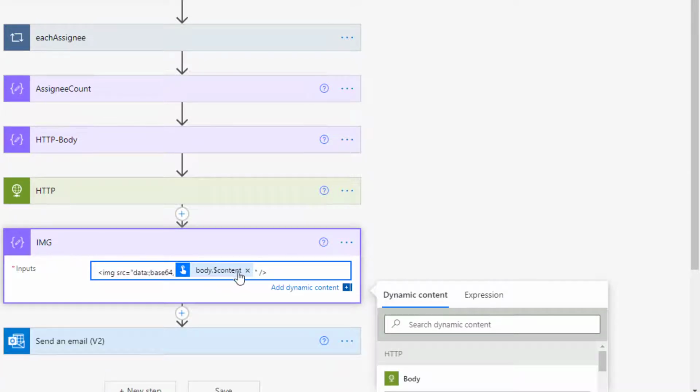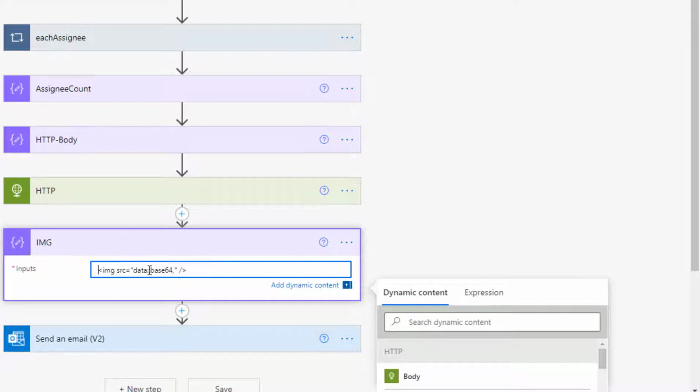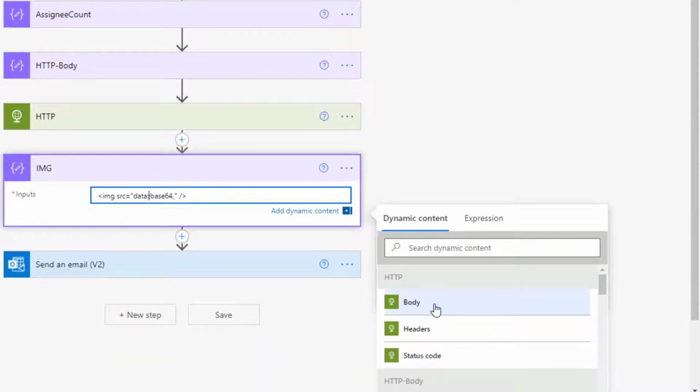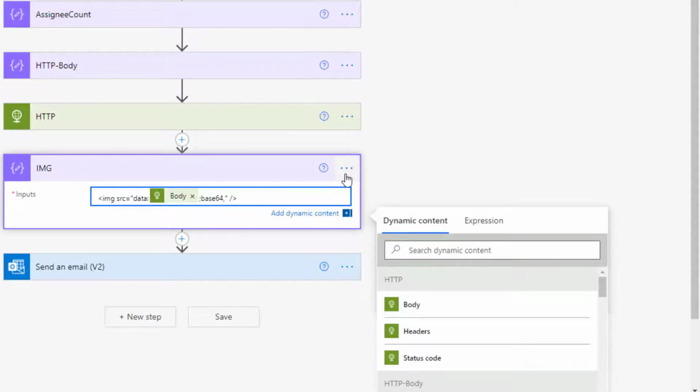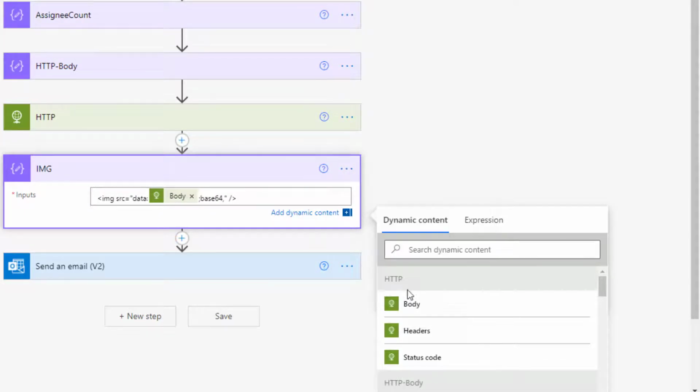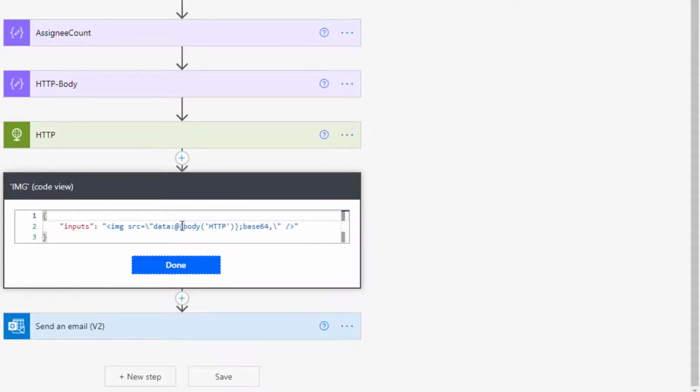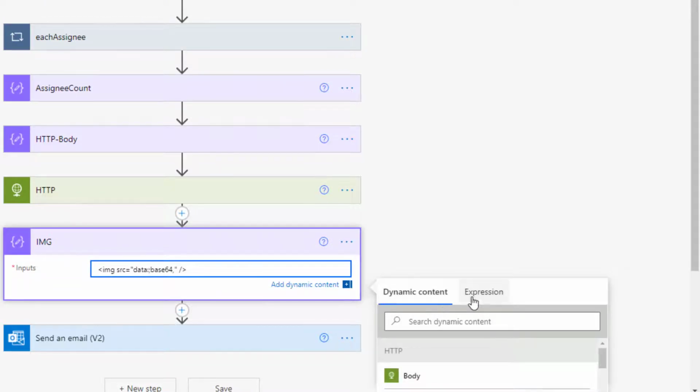I will just put these things in manually so you can see. So image data is going to be dynamic content. It is just the body, but we need to get down to the content type. So if I pick the code, body HTTP, let's get rid of that.